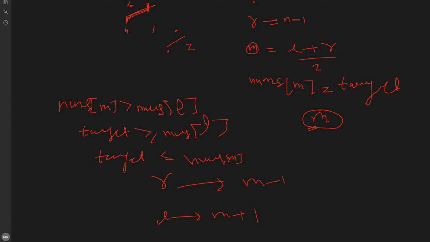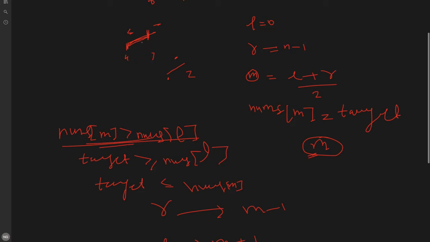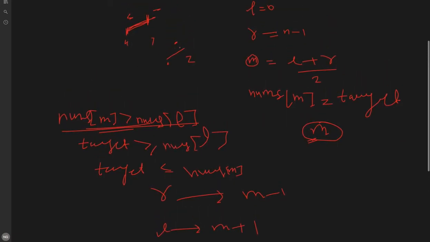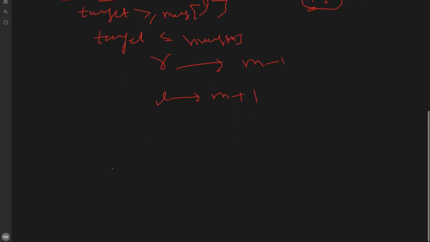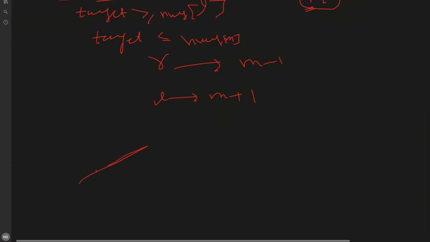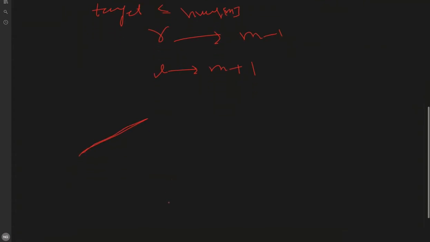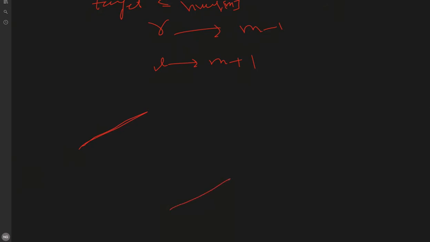So this is the first condition, when the mid element is greater than or equal to nums of L. In the other else case, mid can be over here. If mid is over here, we need to compare. Let me create a new array for a better picture explanation. So this is our left part, and we have our right part, where all elements are lesser than nums of L itself. So this is our L, this is our R in the initial case, and now let us say mid is over here.